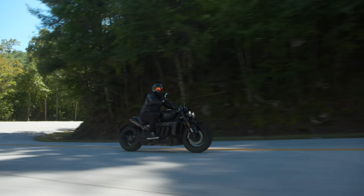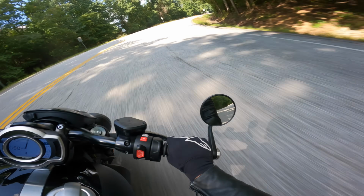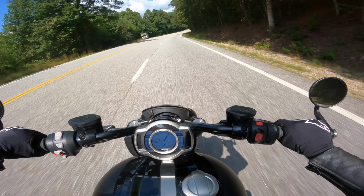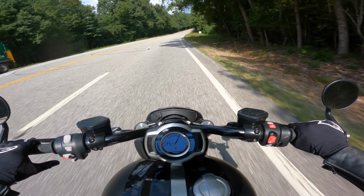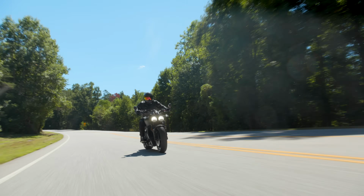All right, we can't throw this thing into a turn, get the weight behind it, and then go. We're going to have to keep that in mind. That was a ton of scrapage. But yeah, guys, on bikes like this, to get going, to carry some speed in a turn, you don't